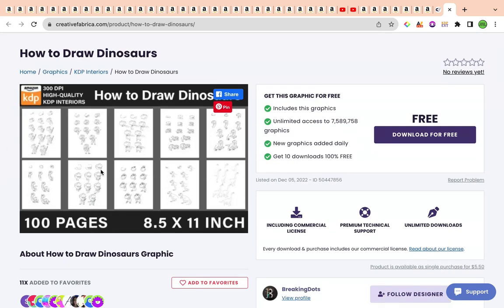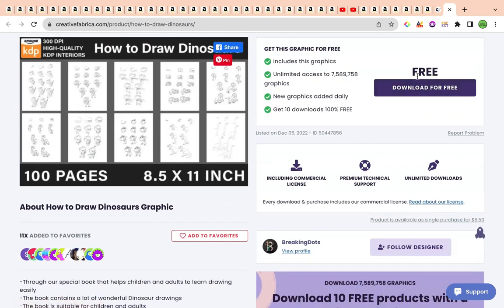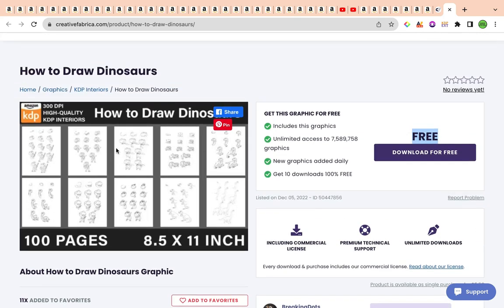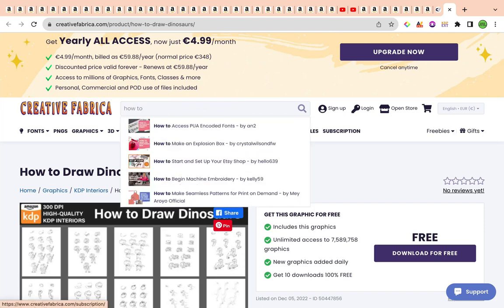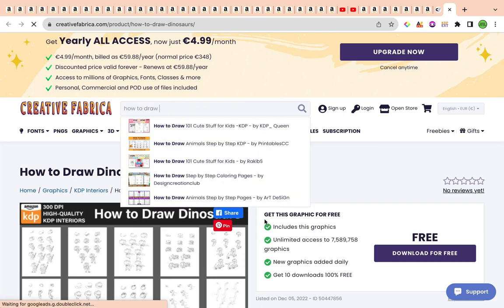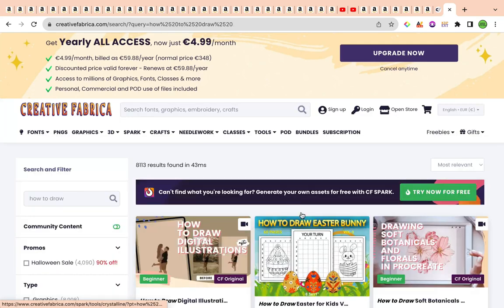This is 100 pages. There's also a part 2 available, and this is free for you to download, linked in the description box below. So that way you would have a step-by-step way. Another way is to use that grid that I showed you, which is basically this one. The grid that I showed you, you would be able to use this